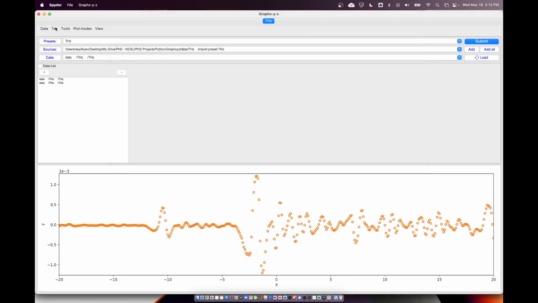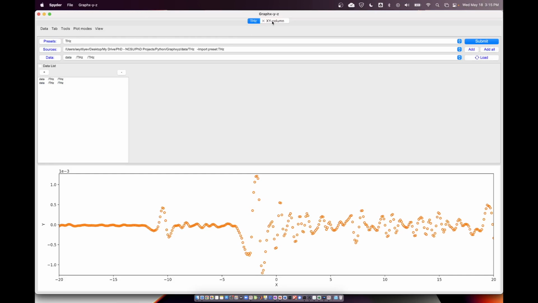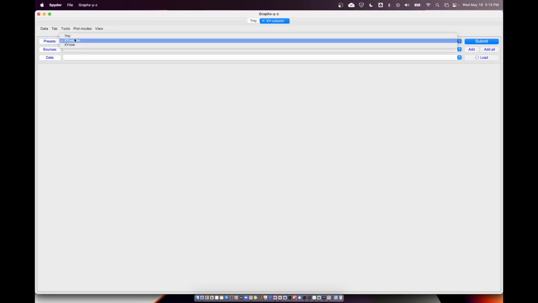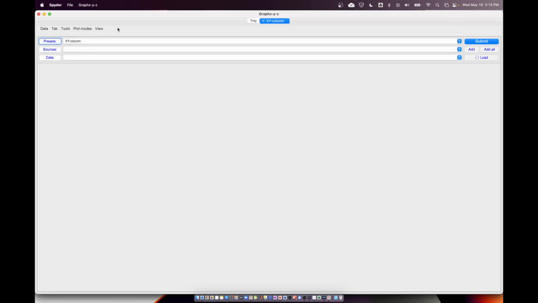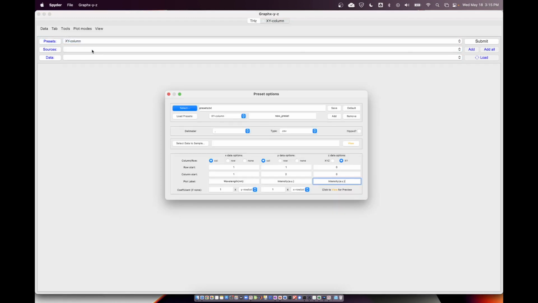Now let's go to the new tab to analyze a new instrument. If you have other instruments, other data types we want to analyze, new tab. This is gonna give us a new tab right next to this. Now the instrument I want to analyze is not listed here. Now I need to add it again. Every time I analyze a new instrument, I need to do this procedure just once. Then after I launch the application again, this will be ready here, and I'm good to analyze and plot the